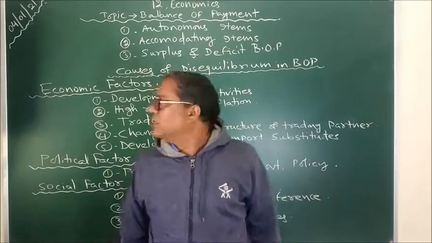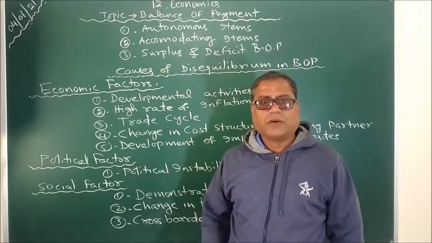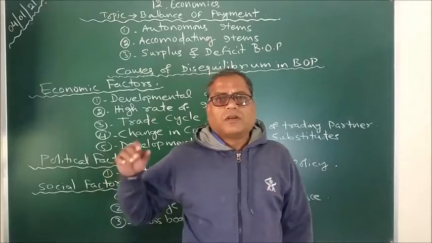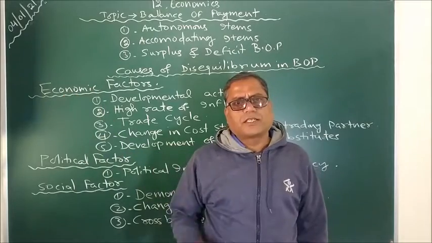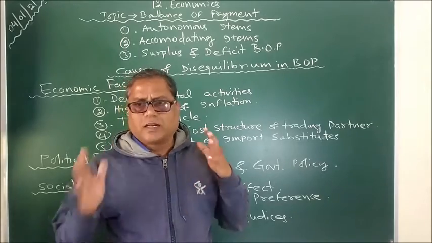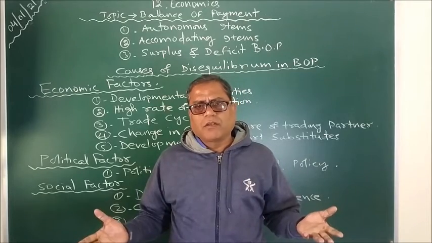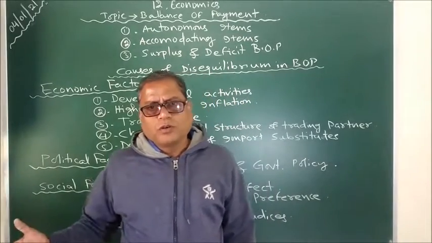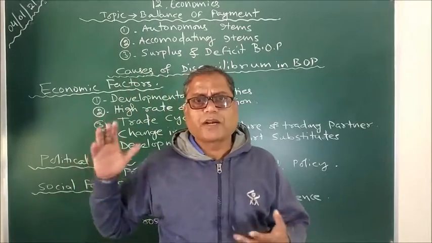When we are lending someone, our asset is also increasing. But what happens if we have a deficit BOP? It means we have exported less and imported more, and that's why the inflow of foreign exchange is less than the outflow of foreign exchange. In that case, at the end of the year, of course we have to balance. And how to balance? We have got two different ways. Either we can borrow foreign exchange from the ROW, or we can sell out some of our assets.